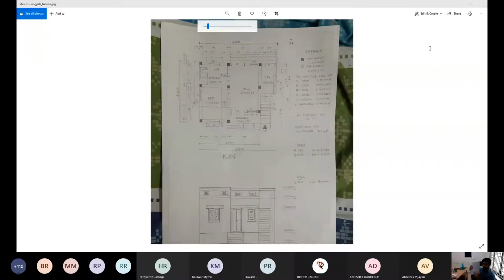Here your plan will come in portrait format actually. No, landscape format. You have to draw the things in landscape format. Then only you will get sufficient space. In this way you have to do. Here you can do the plan in the bottom corner, and the section and elevation you can do in the top corners. You can complete your drawing this way. This way you can do your exercises in class actually.